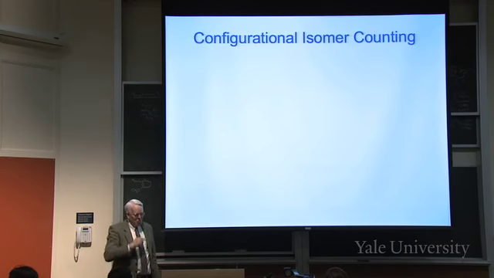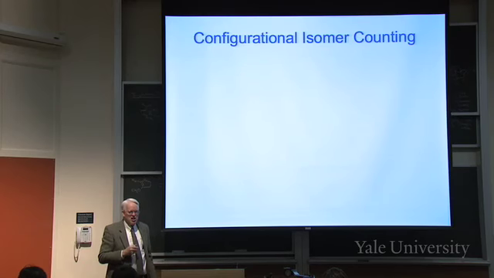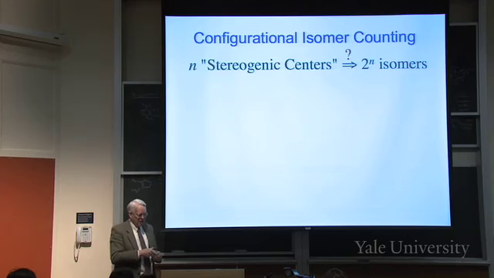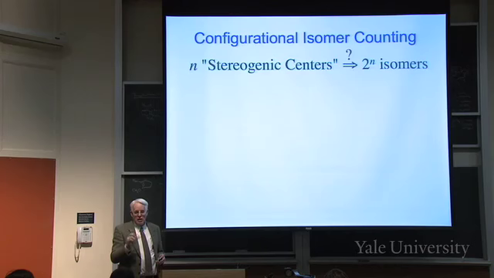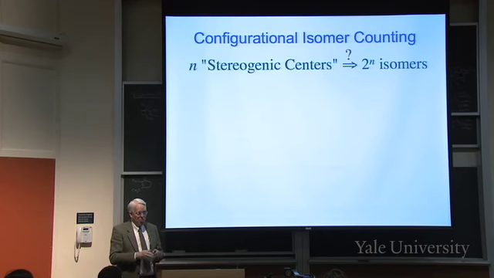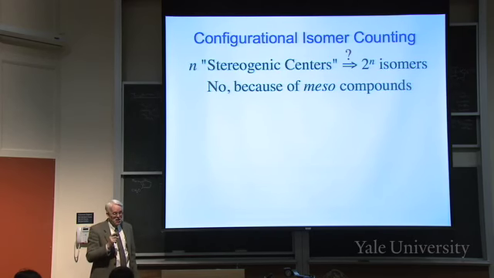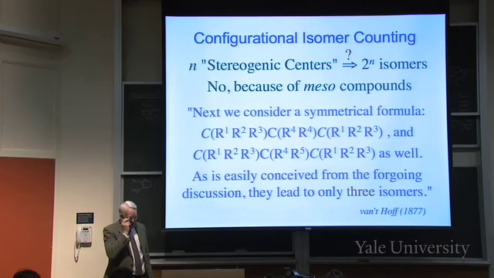Okay, now, how many isomers do you have? Obviously, if you have one chiral center, you have right-handed and left-handed, if there are 4 different things on it. So there are 2 isomers. But suppose you have several chiral centers. That's not so obvious then how many you have. So if you have n stereogenic centers, as they're called, and each can be right or left, then you'd imagine the number of permutations would be 2 to the nth, right? That would be expected. But that's not true because of meso compounds,